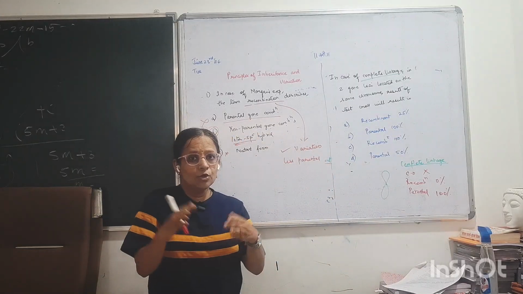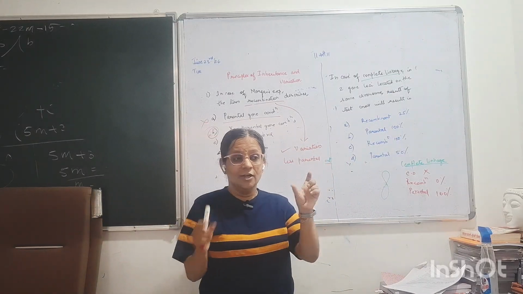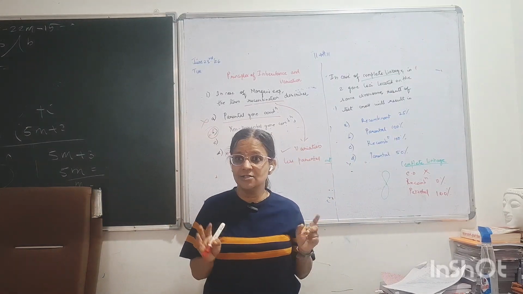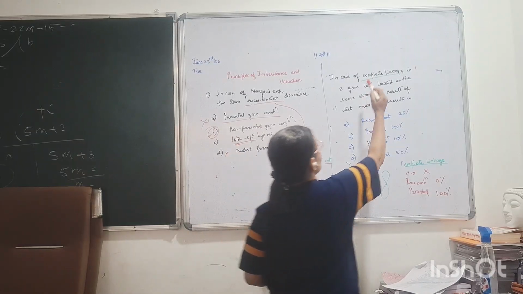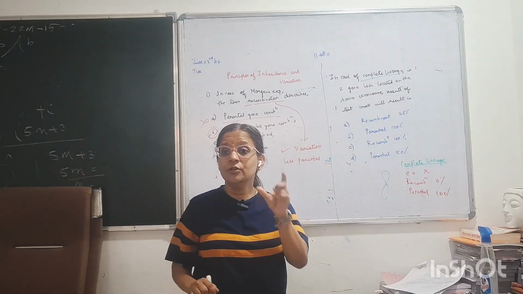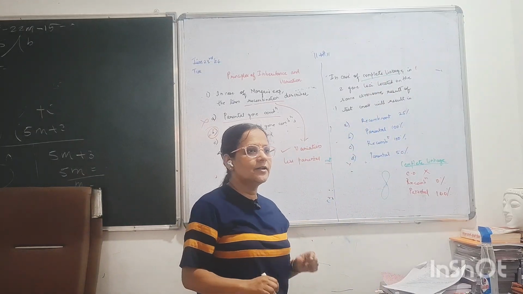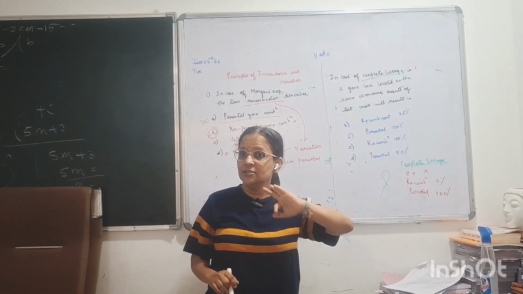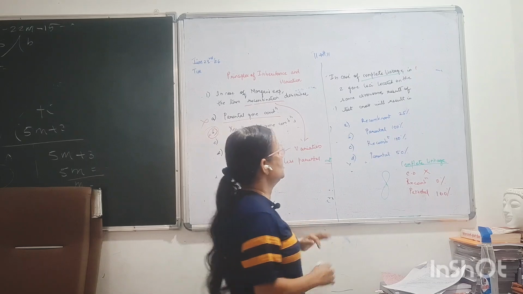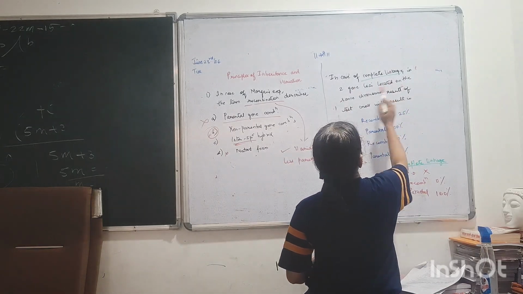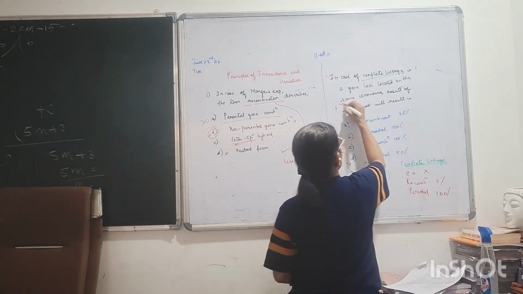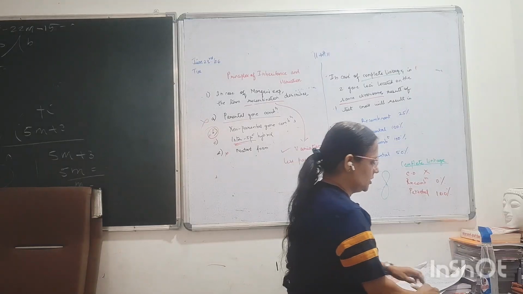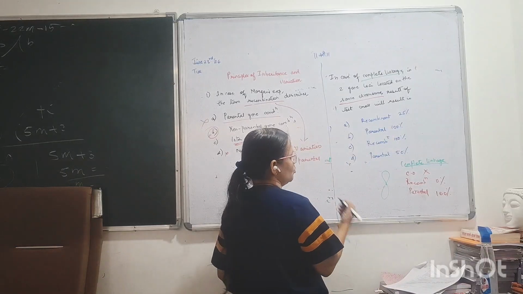So you don't even have to read the entire question. In one half of the question only, the answer is hidden, right? That it is a complete linkage. But yet you should read the entire question, right? And rectify which option is correct and why it is correct and why the other three options are wrong. So let us see. Two gene loci located on the same chromosome. So they are talking about two genes which are located on the same chromosome.